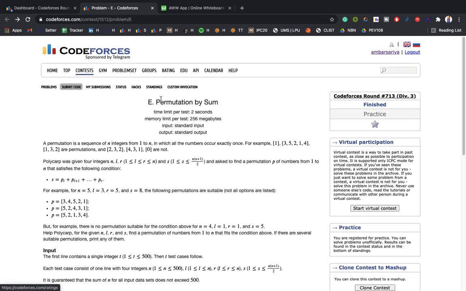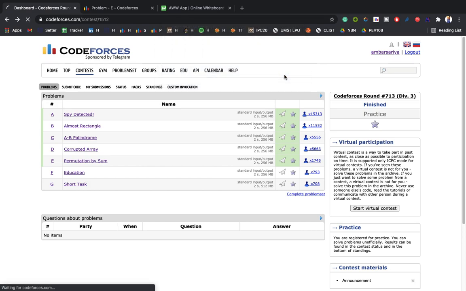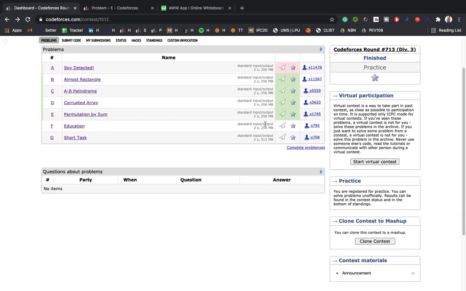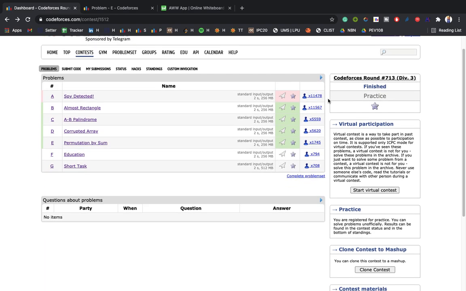and yeah, my solution to A was hacked. Right now I have checked, so I will do the upsolve. I will check at what case it was hacked. I will describe it in another video, the corner case for solution A, and discuss this in the next video.